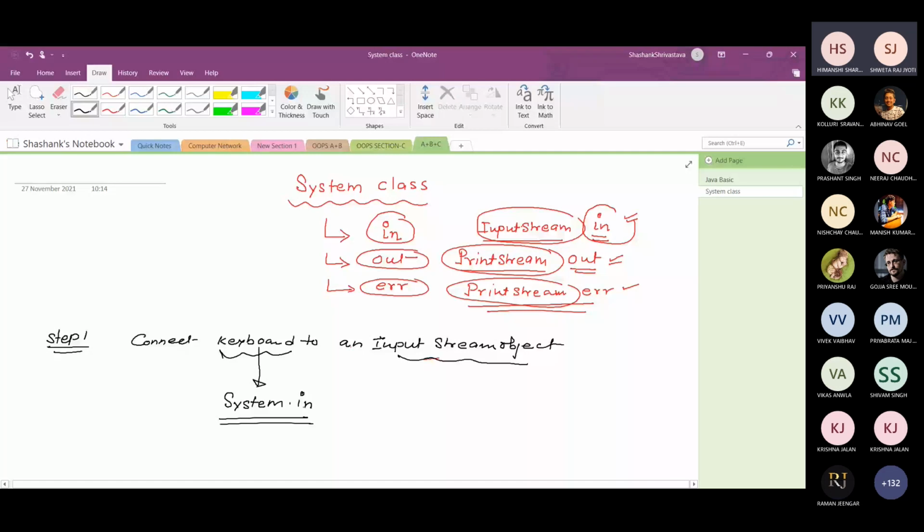Achha, here you can see that if I write System.in, if I write System.out, I am accessing the in variable and the out variable with the help of the class itself. In क्या है? इस class का एक variable है. In is the field of the System class, out is the field of the System class, and both variables are accessed with the help of the class itself.